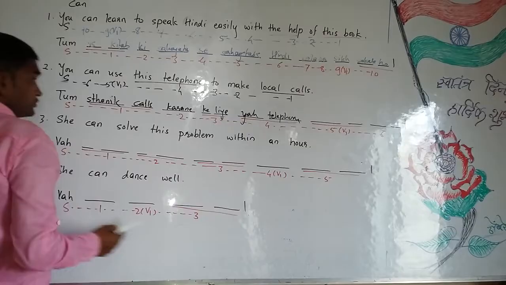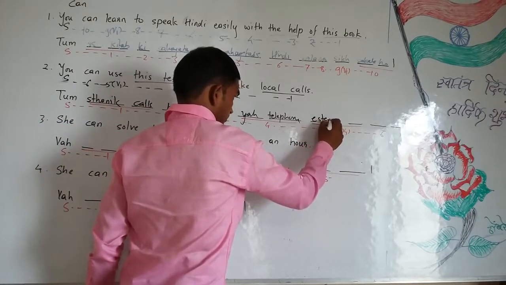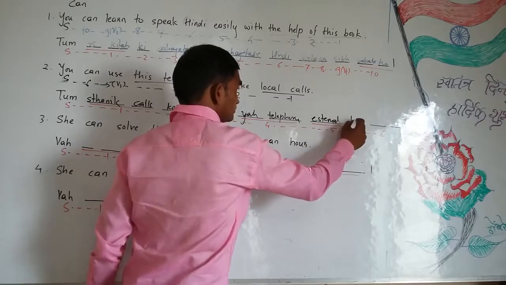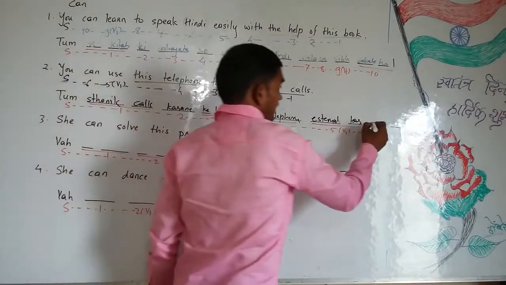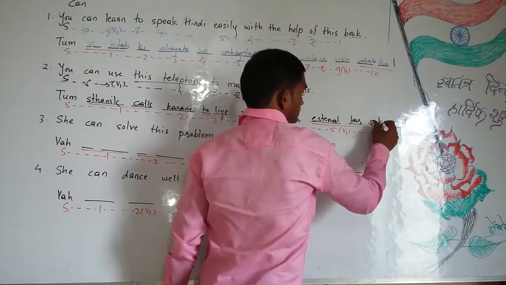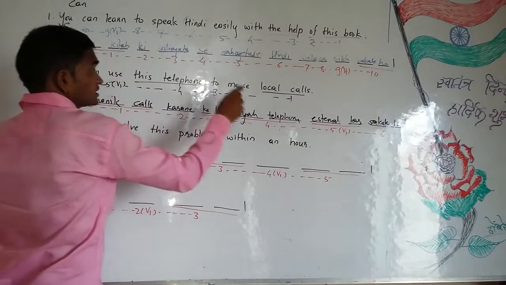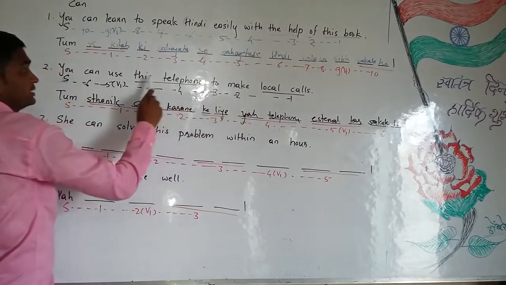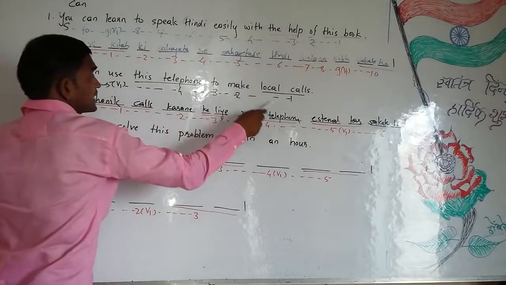Before four, above five is use. Hindi word for use is istemal kar. The above six is can. The Hindi word for can is sakte ho. तुम स्थानिक कॉल्स करने के लिए यह टेलीफोन इस्तेमाल कर सकते हो।